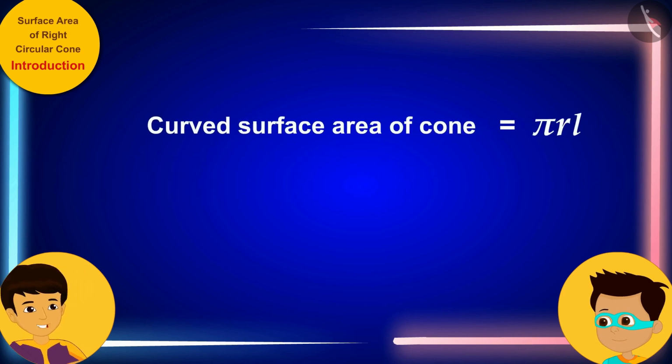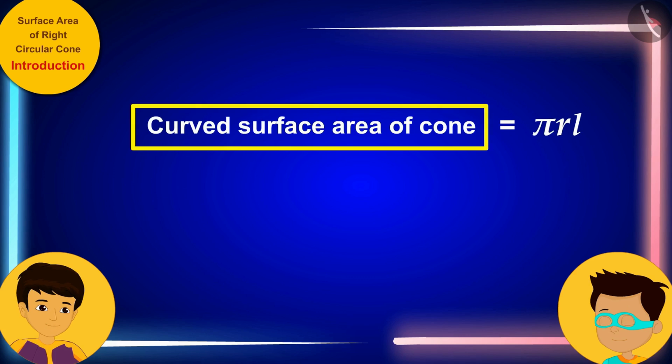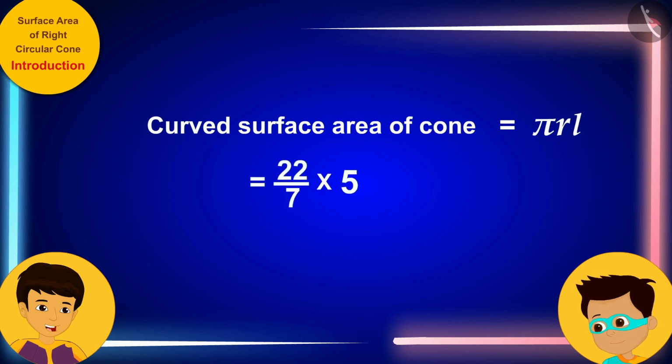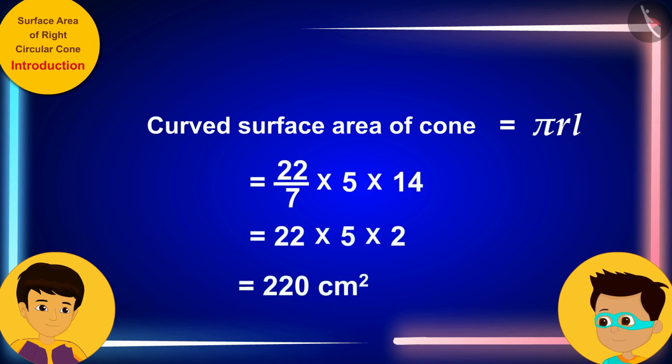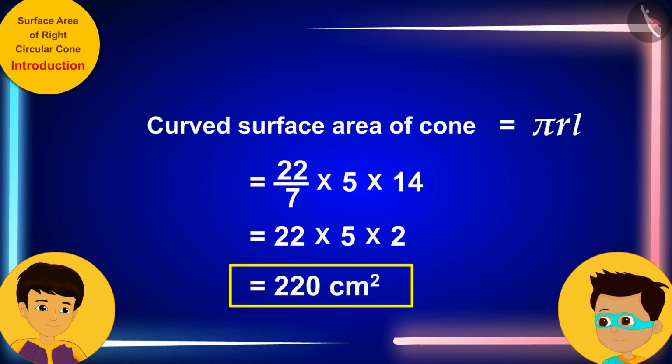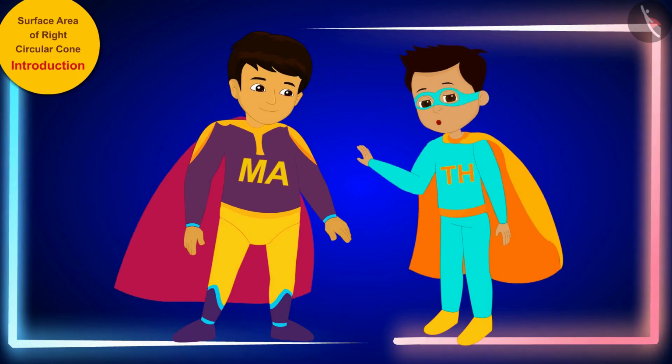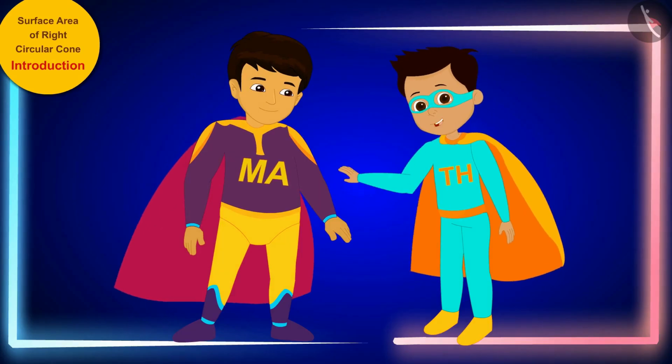Let me quickly solve this by writing r and L in the formula for the curved surface area of the cone, taking the radius of the base of my cap as 5 centimeters and the slant height of the cap as 14 centimeters respectively. Look, Thomas, I would need 220 square centimeters of paper to make one hat. Let us quickly write both these formulae in the formula booklet and return to our world. I'll help you make your hats, huh?